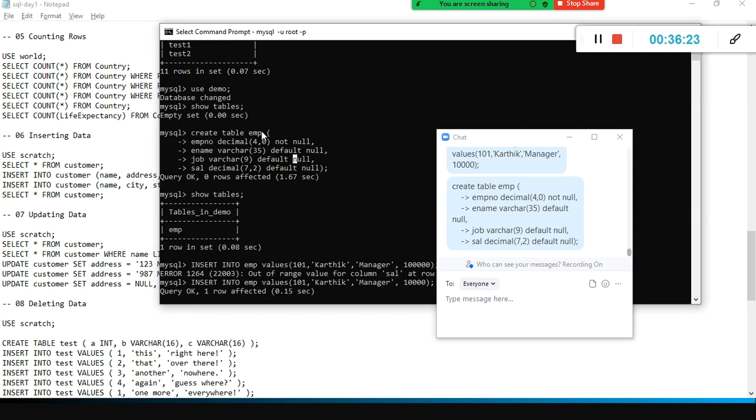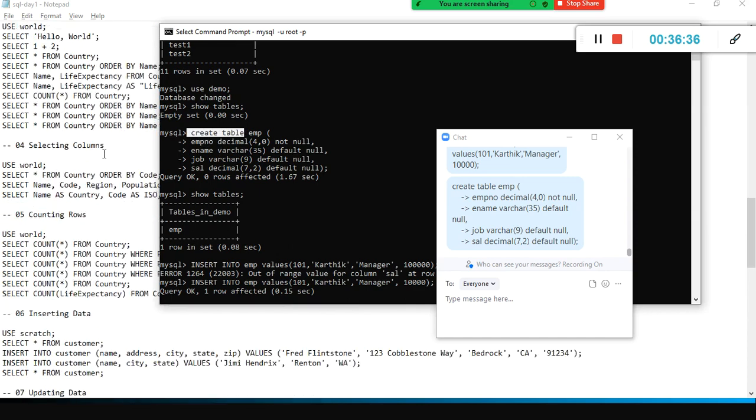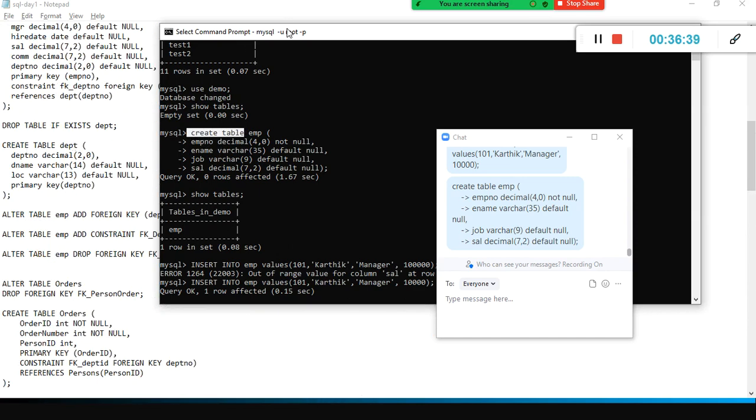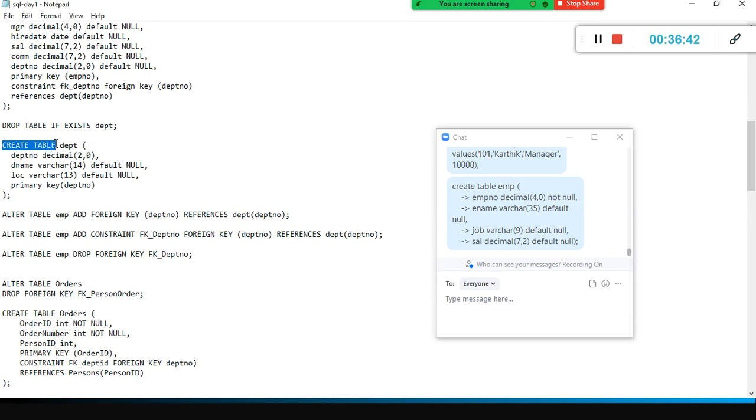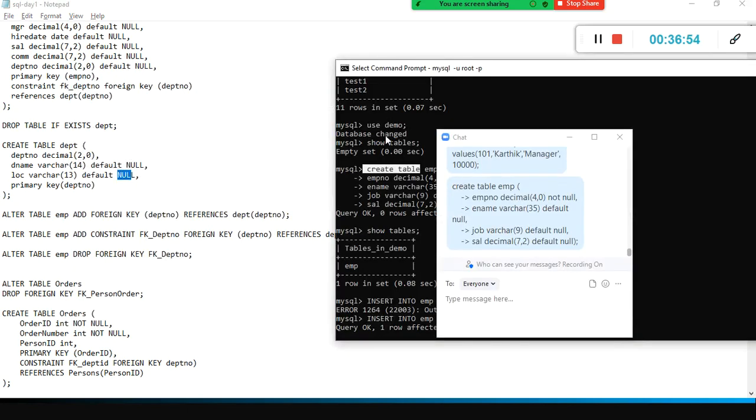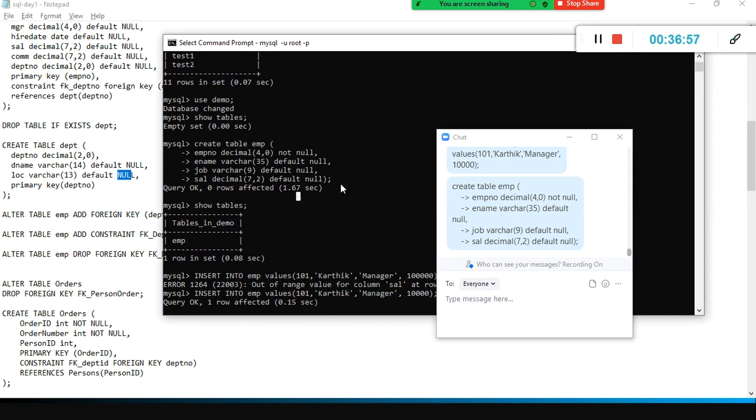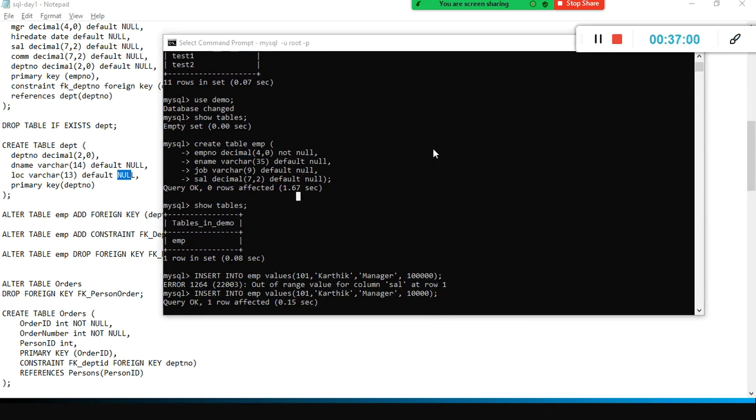You should specify the table name followed by the reserved words, create table. These two are reserved words. It is not case sensitive, but the best practice is to always use reserved words in capital letters. Look here, this is how it is in my table: create table is the reserved word, and whatever name you want you can give here. The rest, including the data types, you can give in small case, and NULL is in capital letters. NULL is a blank value. We will discuss NULL also, don't worry.